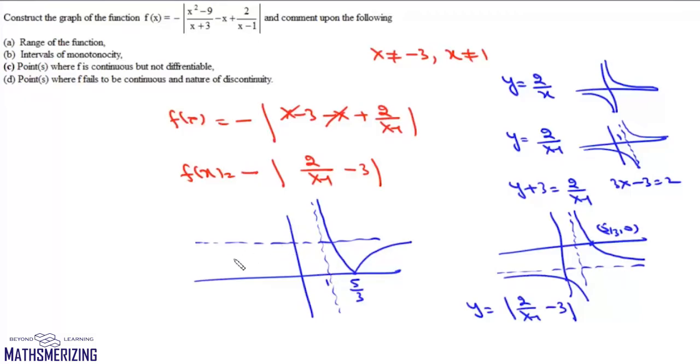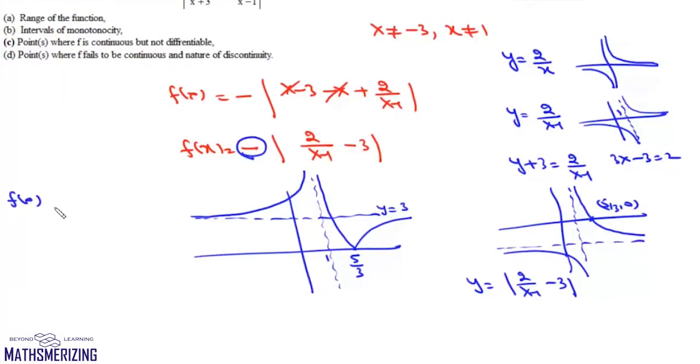This is 1. This is y equals 3. And here it will be this line. And finally, we have to place a minus sign here. So the graph of f equals minus mod of 2 upon x minus 1 minus 3 will be